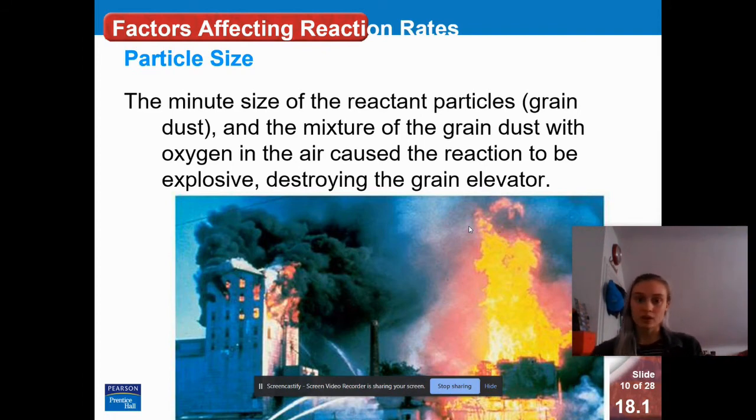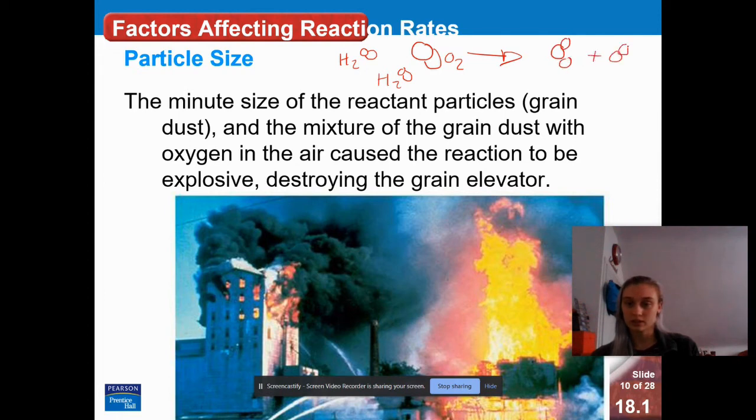Think about our previous example of our little H2 combining with our bigger O2 and reacting to form water after they've collided. Those are pretty small particles. They're just molecules made up of two atoms, right? They're so small, in fact, all those gases are floating around me right now and I can't see them. We're breathing in oxygen as we speak. And so those are pretty small. So those reactions are happening pretty easily because the particle sizes are tiny enough where it's easy to make that